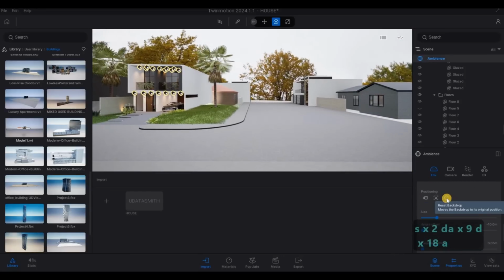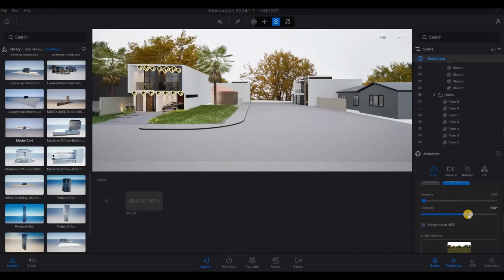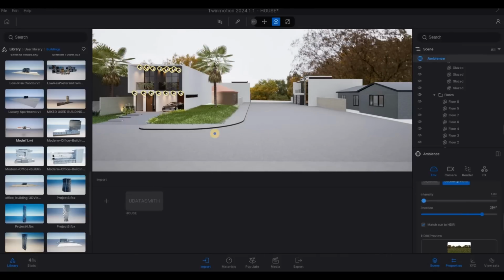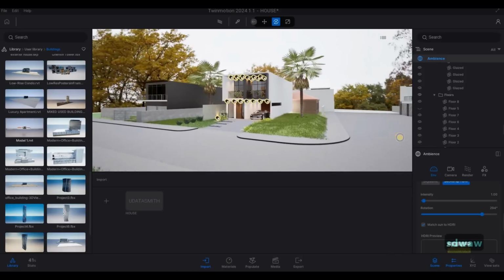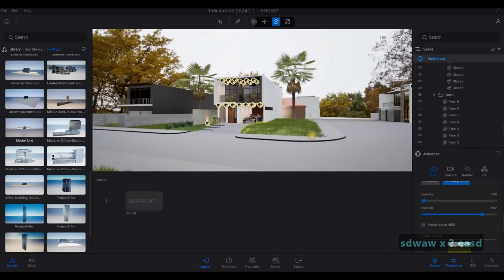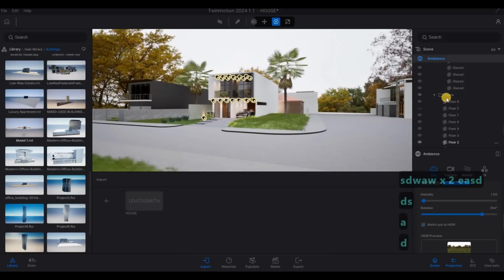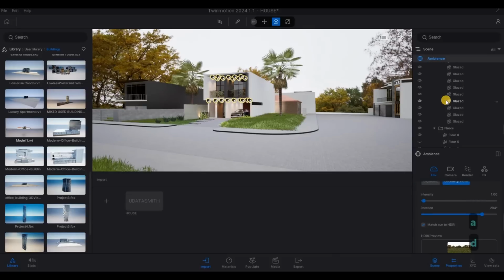I'm just gonna rotate it a little bit. Something like that. So now we have something that is looking good. I'm happy with the way this one looks now,